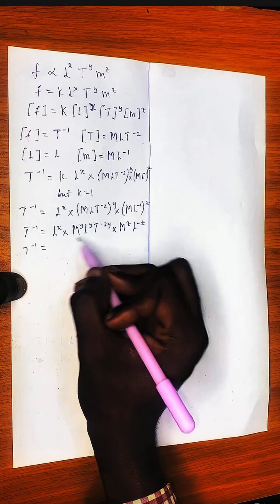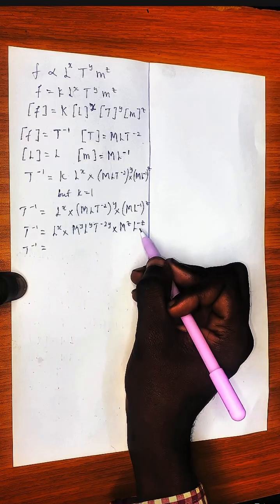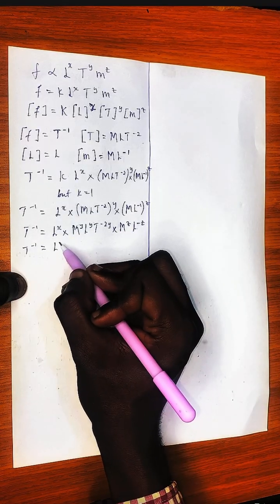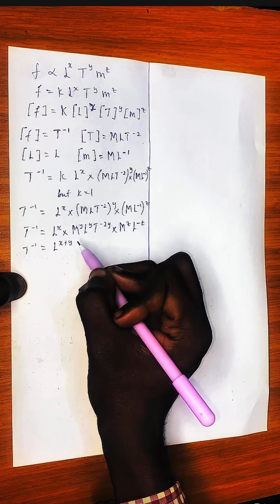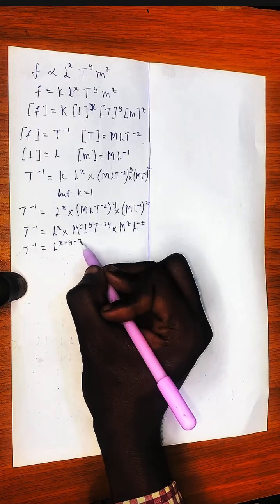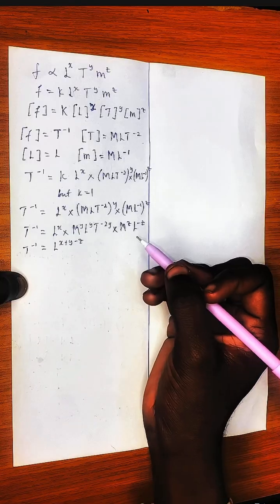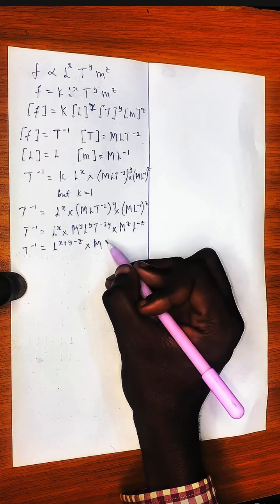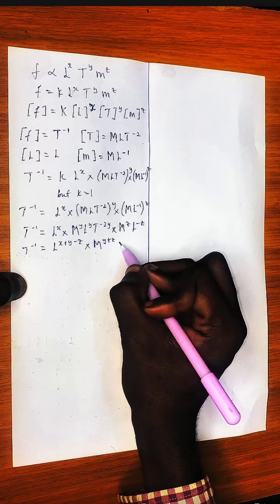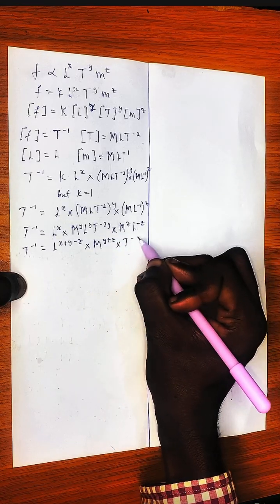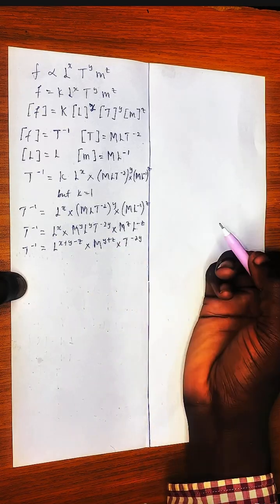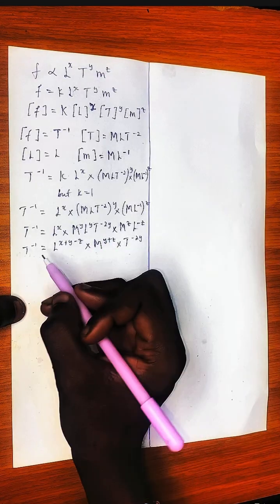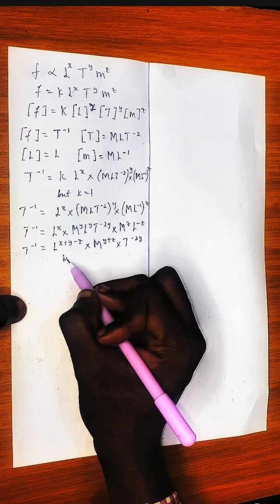L to the power x times L to the power y times L to the power -z. That's x plus y minus z. So for the M's, it's going to be y plus z, and then T to the power -2y. Yes. So by comparing,